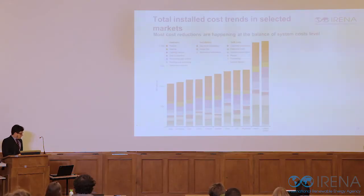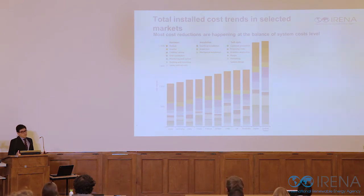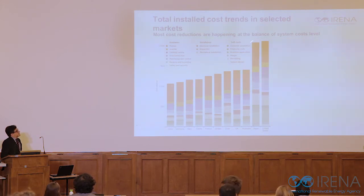Here we show a little bit more detail. I won't go into every detail of this, but broadly speaking, for each country, we depict the individual cost components of the total system costs. Now these components consist of three broad areas, which are the hardware costs, chief of them amongst them being the module, and then the installation costs, which include electrical, mechanical installation, and other quite important costs called the soft costs,